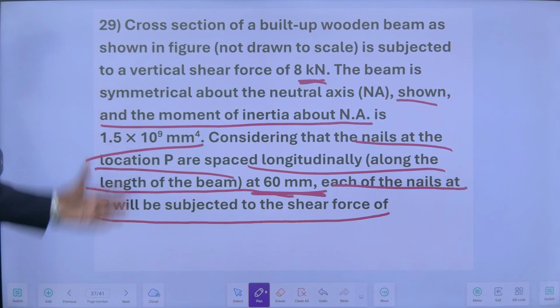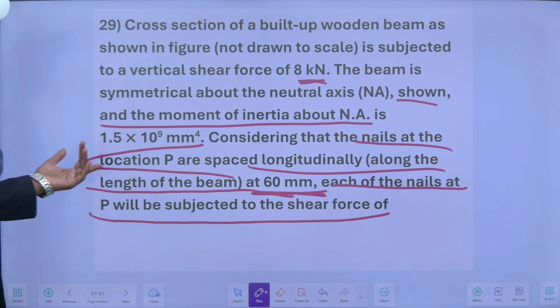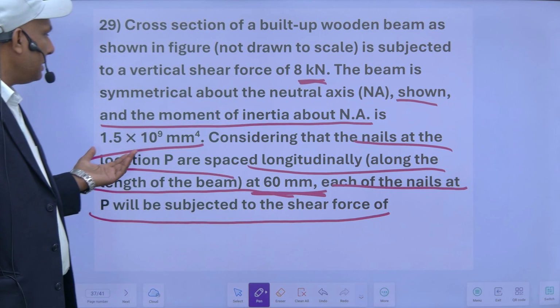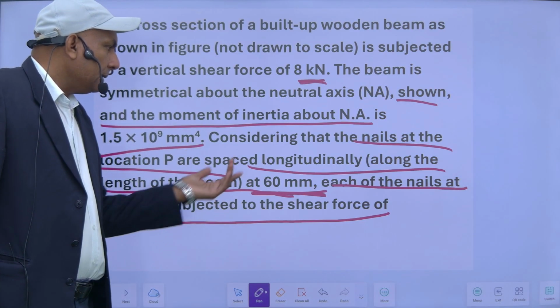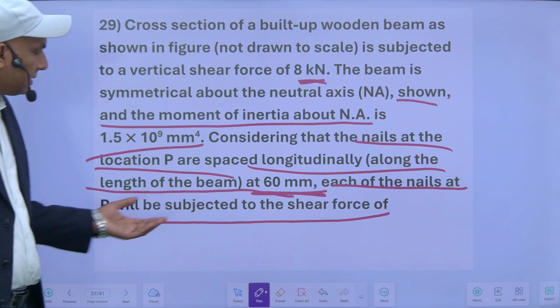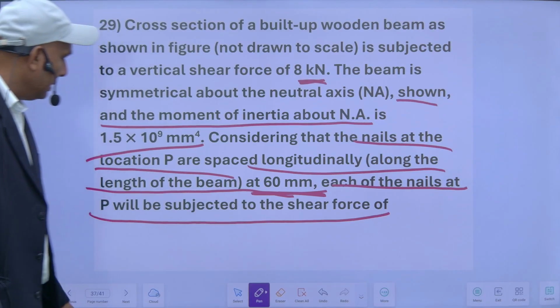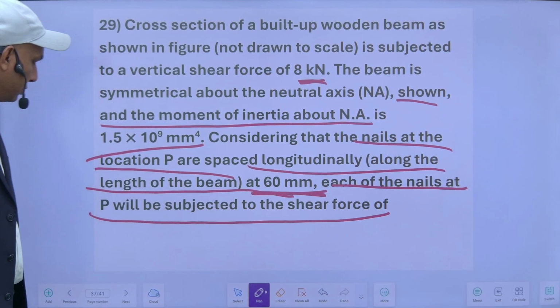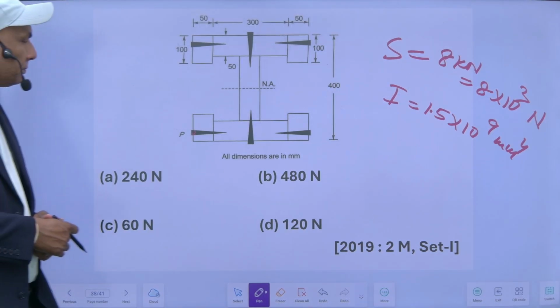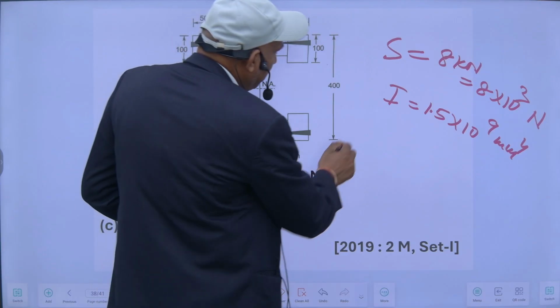So the cross section of a wooden beam is as shown in the figure. It is subject to a vertical shear force, this one. The beam is symmetrical about the neutral axis, and the moment of inertia is this one. Considering that the nails at the location P are spaced longitudinally along the length of the beam at 60 mm spacing, each of the nails at P will be subject to a shear force of how much? So in this case, my shear flow